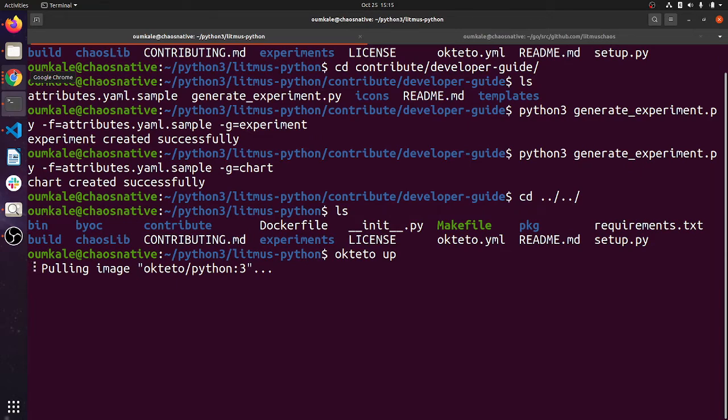You will be updating the lib Python file, where you will be creating your own chaos, and once it gets created, in the bin/experiment file you will import that main experiment file, which is under the experiment directory. There are other directories also getting created inside the package: environment and types.